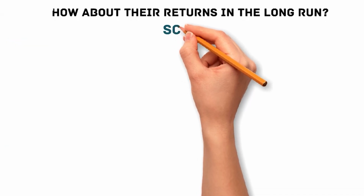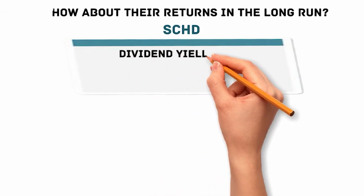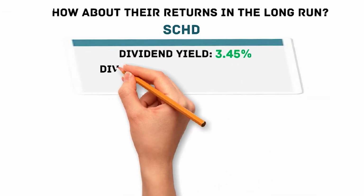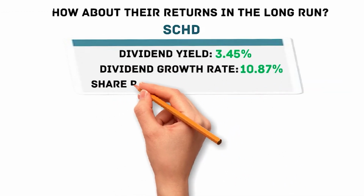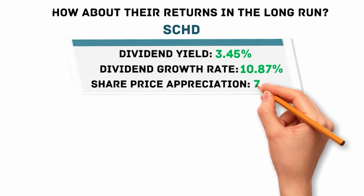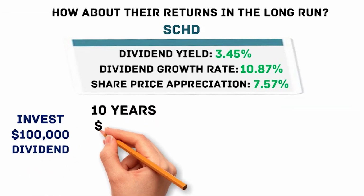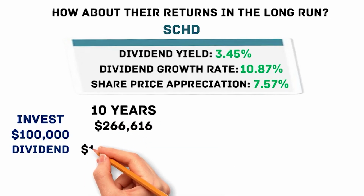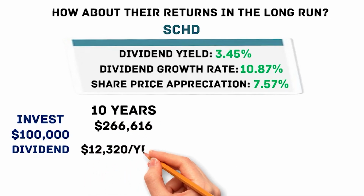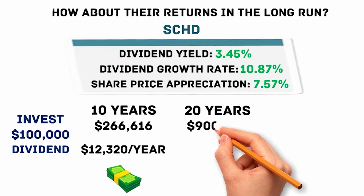How about SCHD? The dividend yield is 3.45% and the dividend growth rate is 10.87%. In the past 10 years, the share price appreciation is 7.57%. After 10 years, the portfolio would be $266,616 and the annual dividend is $12,320. 20 years later, the investment would grow to $900,249 with